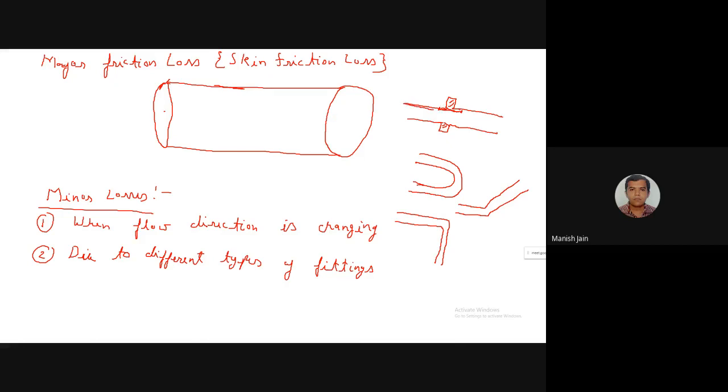But whenever this type of fitting comes, it will create extra friction or extra disturbance in the flow. Due to this disturbance, some of the mechanical energy will convert into thermal energy. So that will create the friction loss. That is the second type of minor loss, due to the different types of fittings present, which you have to include inside the hydraulic system. That will disturb the flow rate and convert some of the mechanical energy to thermal energy. The third type,